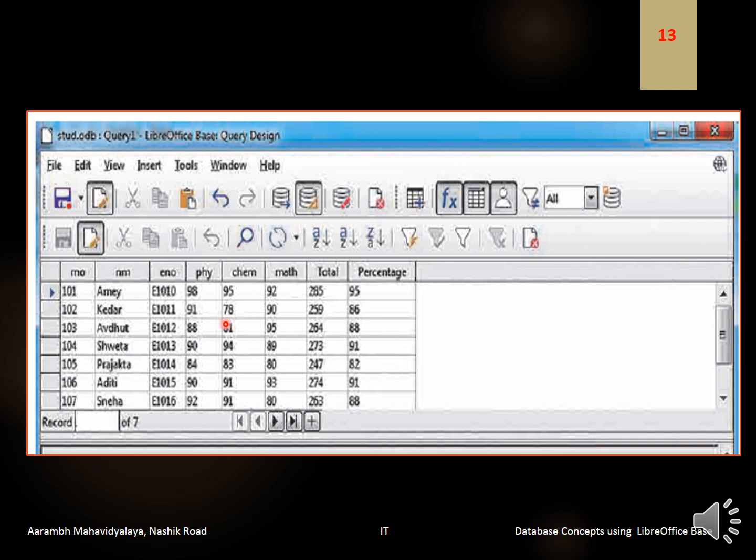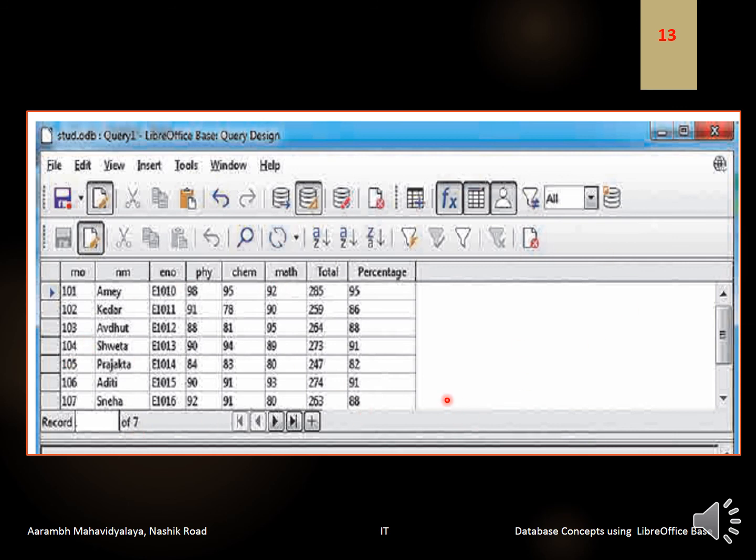Now by using the same thing, if you have 80 or 85 students in your class, then in the same process you can display their total and percentage marks. Got it? This is the use of query.